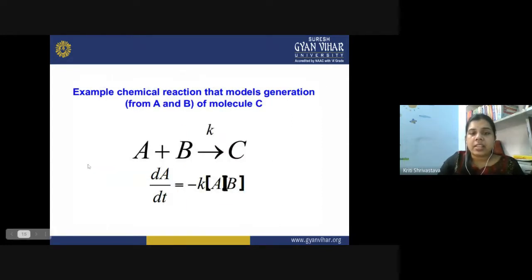So now let us take another chemical reaction, and this is A plus B is equal to C. The rate constant would be K. So how would you write the rate? The rate would be dA upon dt, right? Any of the reactants you can take here, because all the expressions would be equal. dA upon dt would be equal to dB upon dt. So it would be the same in any of these expressions. So you will write dA upon dt equals minus, because we are taking it in terms of the reactant, minus K A B. So this is the rate expression for this type of reaction.